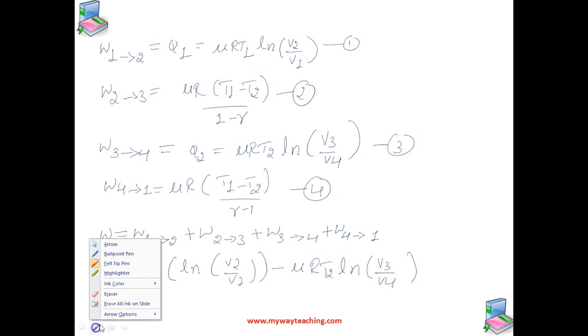This is the equation. In that case, the efficiency of the Carnot engine is given by W by Q1. We already know it can be represented with 1 minus Q2 by Q1, isn't it? So, that is, we can write it